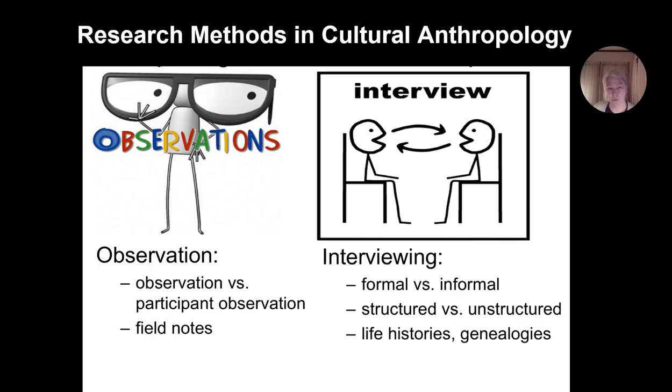So, field notes. Now, we can also use other ways to document things that we observe. One of the most obvious ways is to visually document things with, say, photographs or video, okay? And that's something you're also going to be using for this class, okay? So that's observation. Interviewing, as I said, is asking people questions, and then recording in some way, capturing what they tell you.